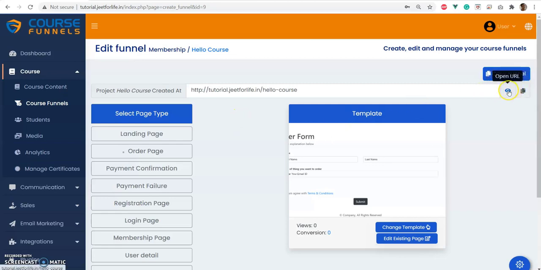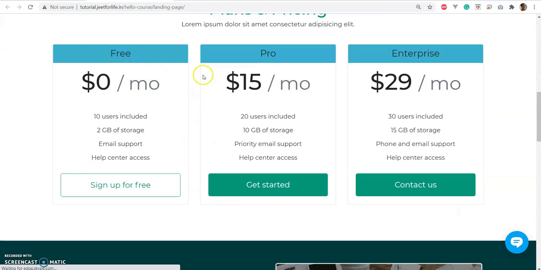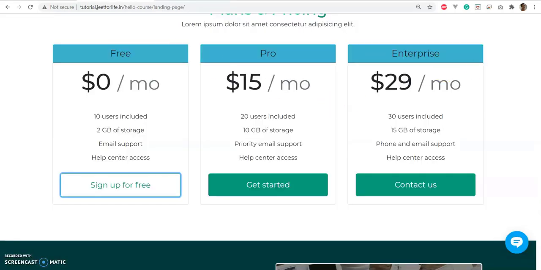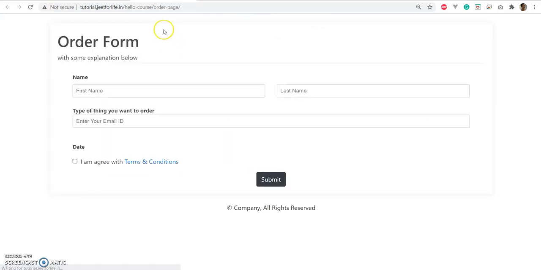Now let's visit our funnel. First thing we'll see is the landing page. So here is our landing page. Now if we click on the Sign Up for Free button, it will directly bring us to the registration page. So if someone registers here, they have free access to the free course that we have selected. And if we want to purchase, then select the Get Started button, where it will automatically direct us to the